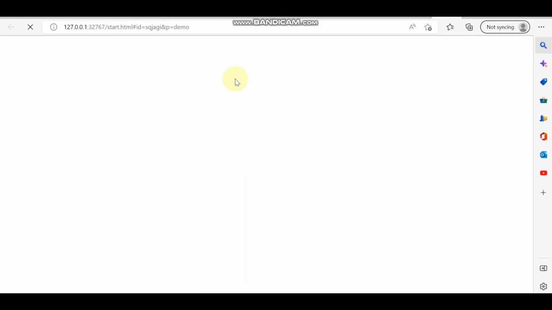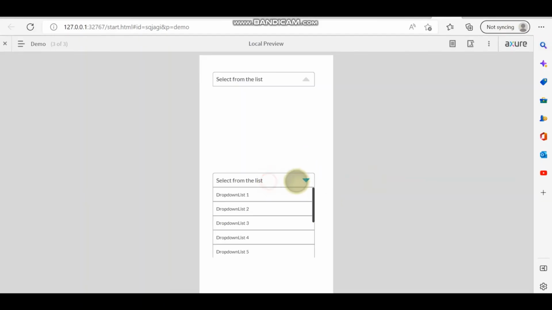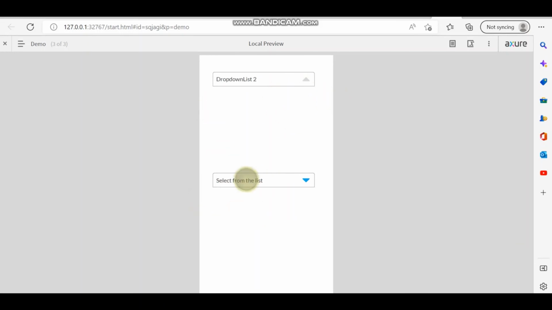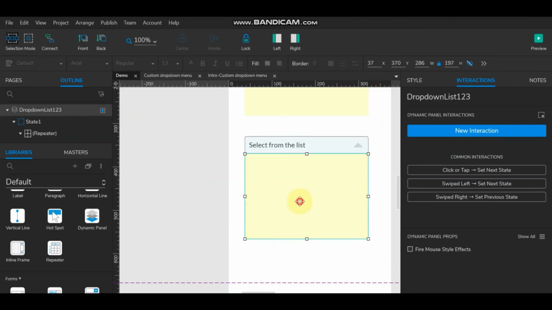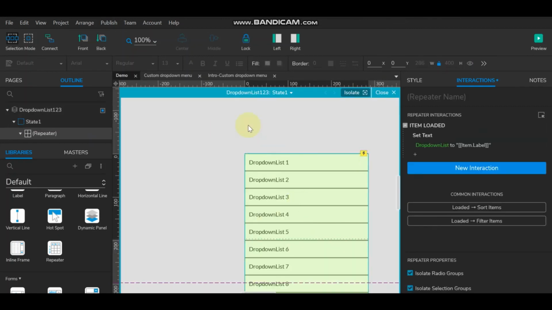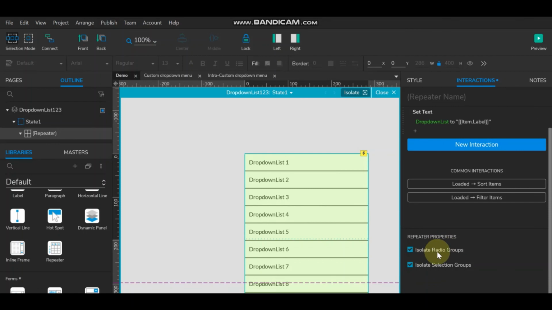Now preview. So here we have drop down list 2. Oh, set text, we need to change this, and we need to change one more thing, which is we need to make it a radio. So here it is very easy, no worries. So this is a repeater where it is saying isolate radio groups. Just uncheck this,